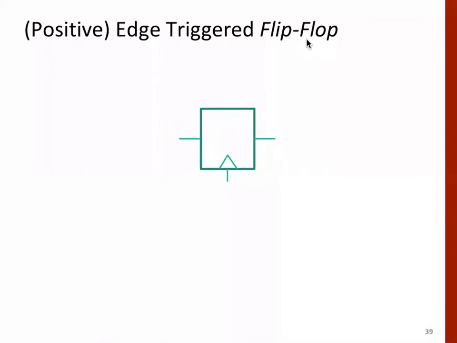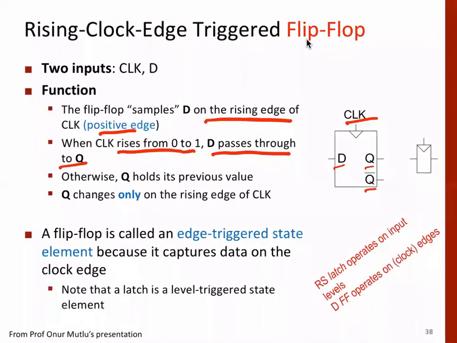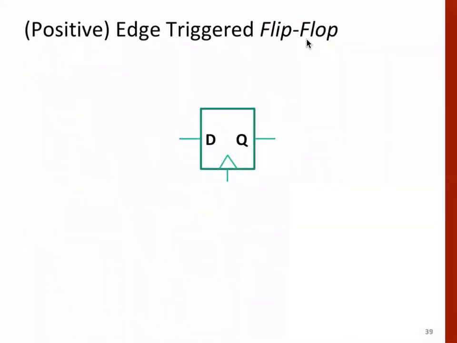So basically, whatever is the value of D changes at the rising edge of the clock, and remains there. The output Q will. So suppose this is 1. Input is 1. Then at the leading edge the state changes corresponding to 1, and then the output will remain 1 till the next leading edge. After that, again the state change may happen.